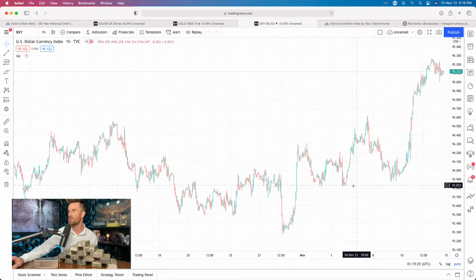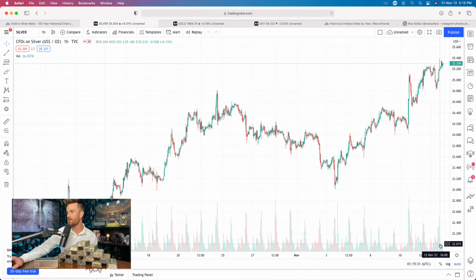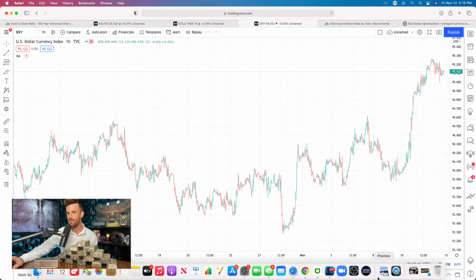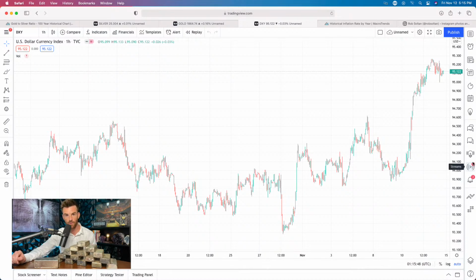Now, normally, if you see a dollar index doing this in this time period, you would see silver going down to here and going down to the low 20s. That's what we normally would see if the dollar was actually getting stronger like that. But for some reason, we're seeing silver continue to go up while the dollar index is going up. That doesn't make any sense at all. That to me is a technical indicator. That's what I'm looking at.